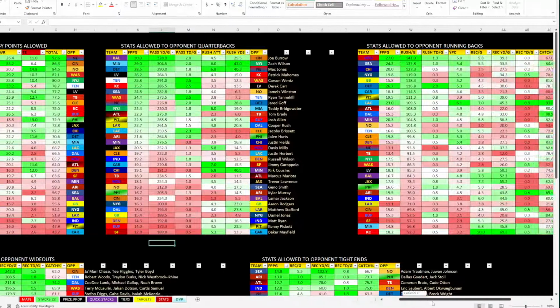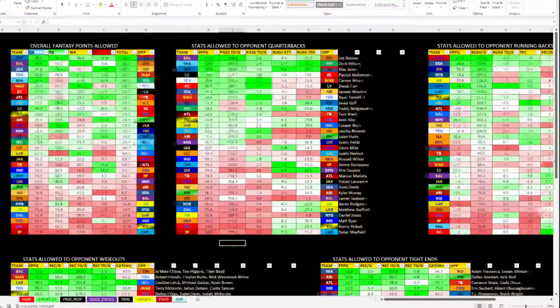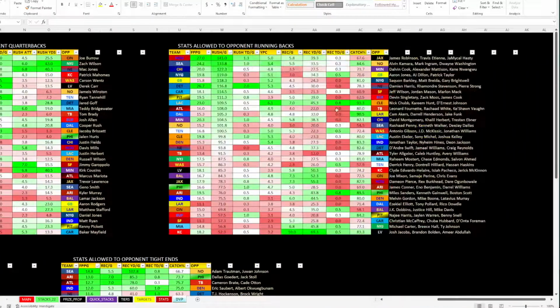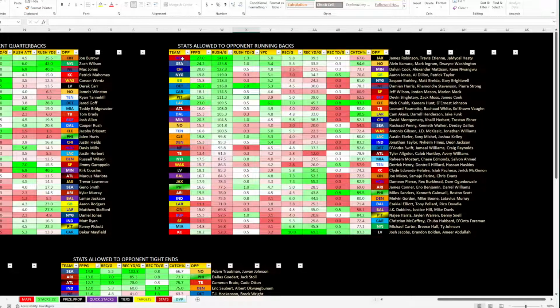So I'm going to come over here to the DVP tab, and let's just look at rush yards a game. Oh, it's already sorted that way. And so we're looking at the rush yards a game allowed to, and we are going to take a look here. So you can see Saquon is going to fall 1, 2, 3, 4, so 5th. So you can see here they're only giving 15.8 fantasy points per game, so not a lot of touchdown projection